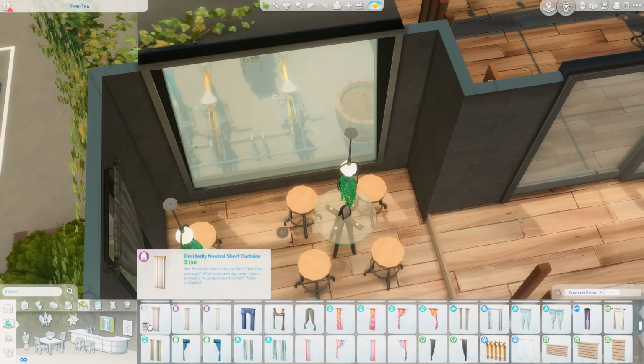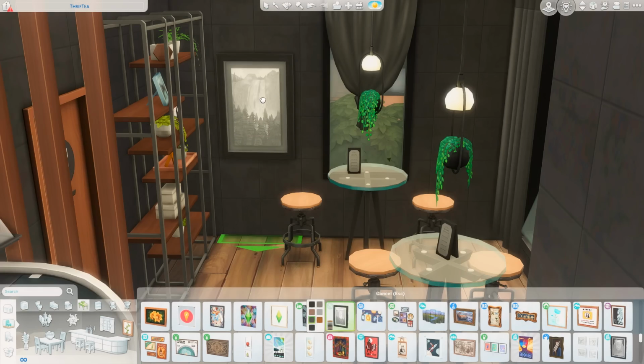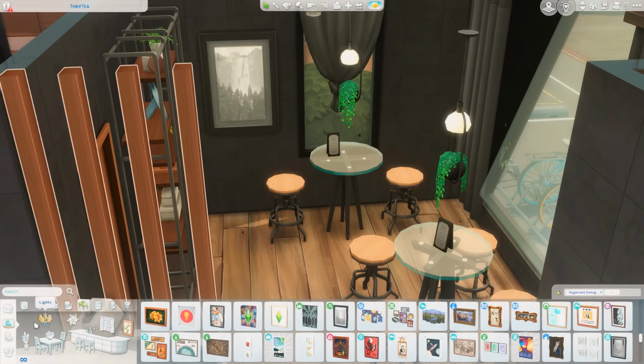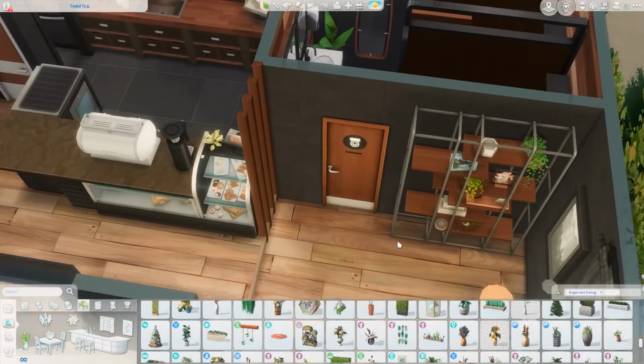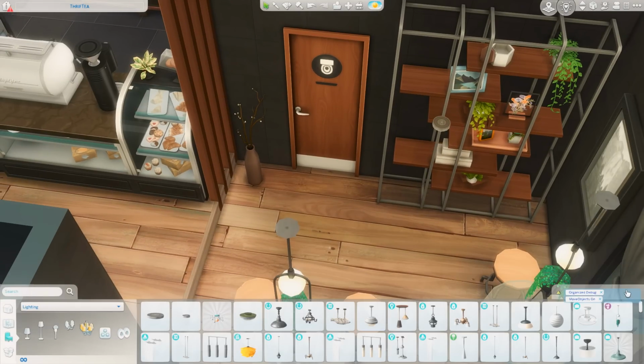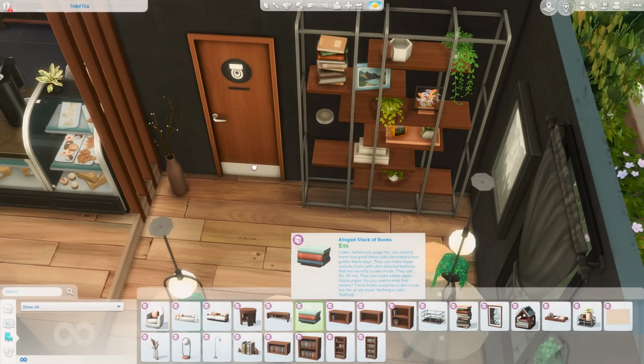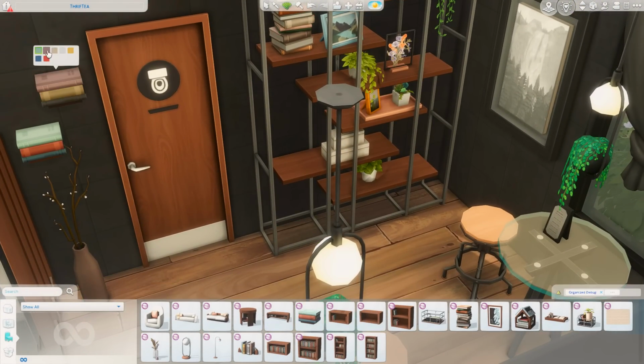So I did use that over here, and then I'm trying to figure out some curtains to go over this window and just a little bit more artwork as well. I considered adding a poster over there that had a coffee cup on it, but I felt like this place would have things in frames, not just a random poster. So I didn't do that, but I did get this really beautiful shelf over here, and I added some extra